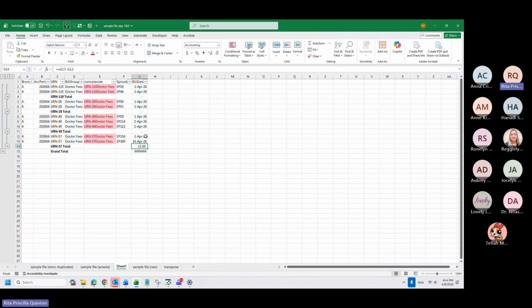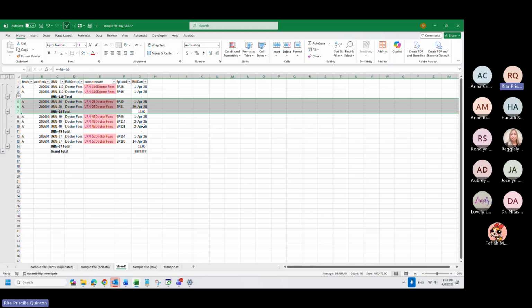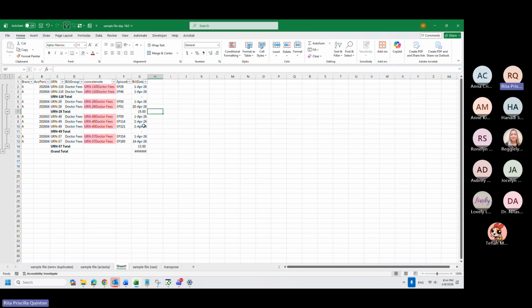This is the number of days between them. So if I have here April 20, for sure this one you don't need to check because it's more than 14 days. On a more advanced setup, if this one is more than 14 days, I can say do not check. But if it's less than 14, then I will say it's follow up. So like this, follow up, follow up, follow up.